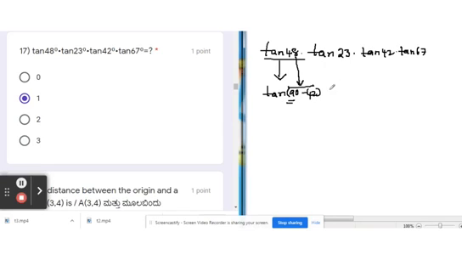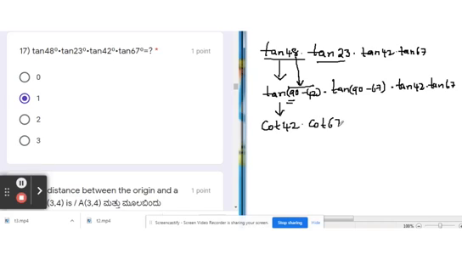One angle should be 90. Similarly, I am going to change tan 23 as tan 90 minus 67. Reason is complementary angle. And other two terms I will write as it is. So just now I told tan 90 minus theta will become cot theta. So tan 90 minus 42 will become cot 42. Tan 90 minus 67 will become cot 67. And remaining tan 42 and tan 67 I will write as it is.